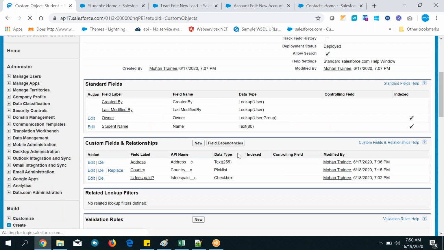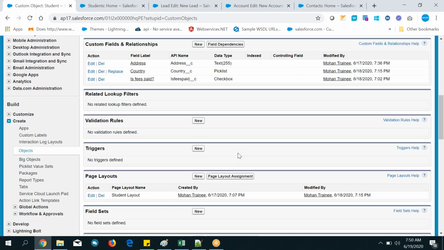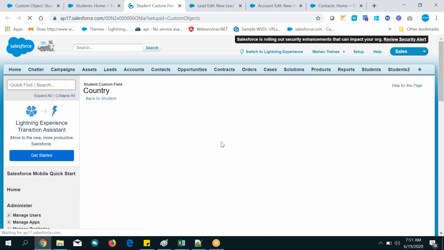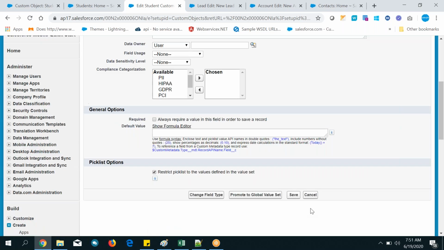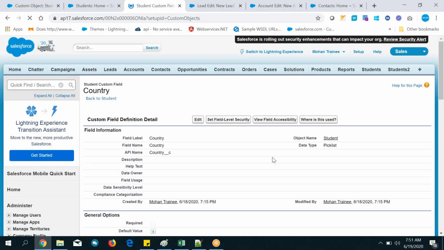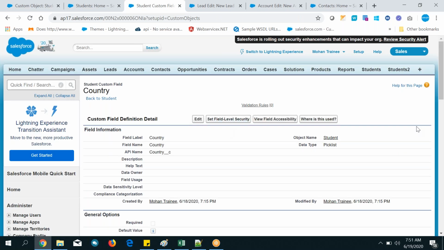If we are working on a real-time project and it is mandatory to include all the country names, we have to manually write all the country names in the boxes in the field section, or we can directly automate or autofill it from somewhere else. You have seen the second option from global. With the help of code you can do it automatically, some kind of mechanism. So I do not have to manually fill in every country's name in the picklist.